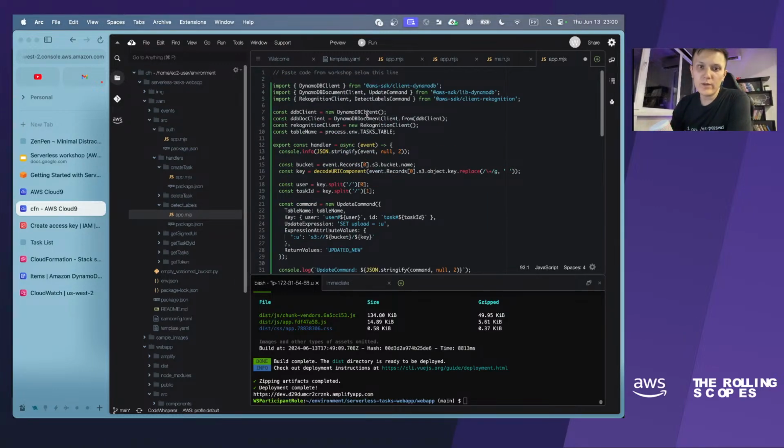Okay, what does this code do? Actually, this code will create a DynamoDB document client for DynamoDB, and it will also create a Rekognition client.